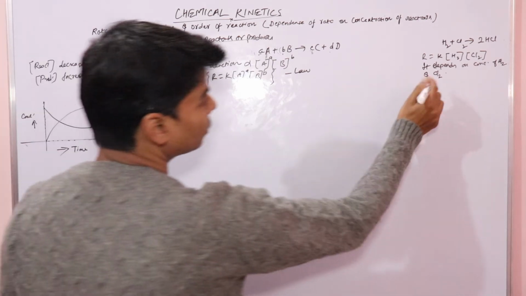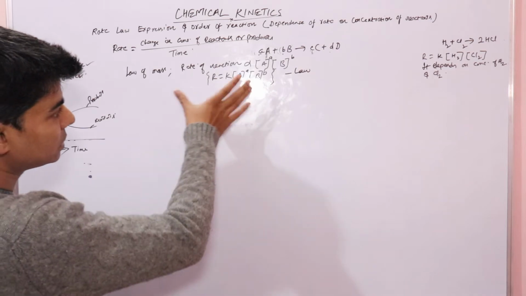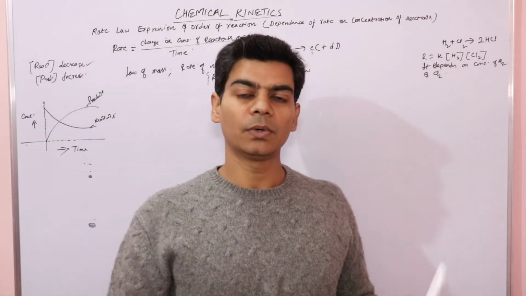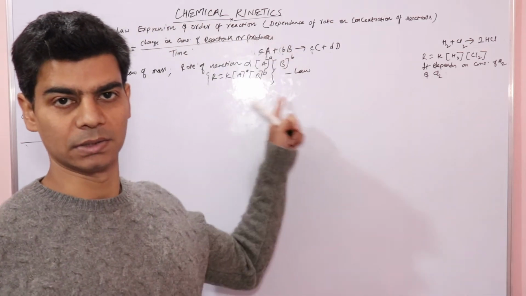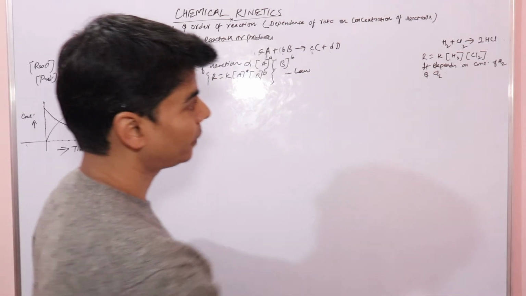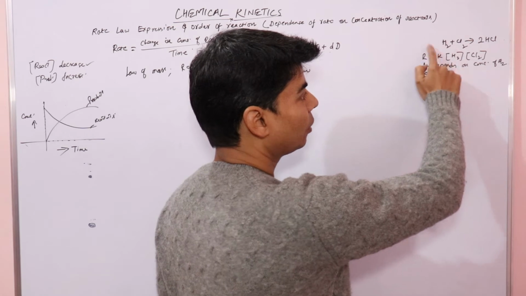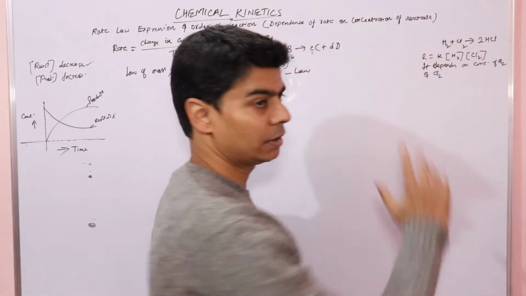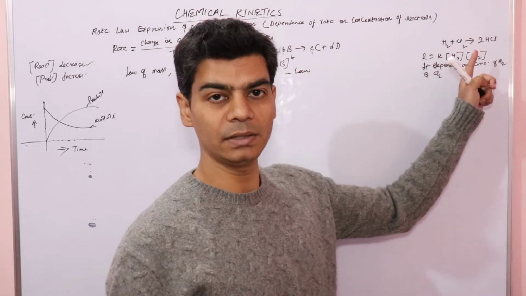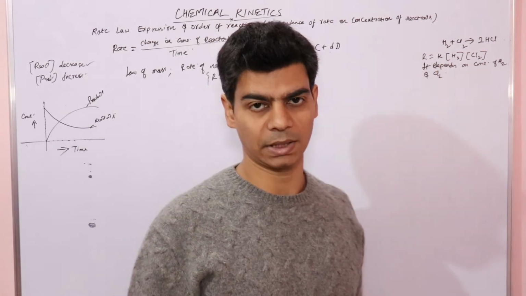Right, this is as per your law of mass action. Now, since this is an equation which is based on a law, if someone wants to experimentally verify this, it means if I experimentally do this reaction, the formation of HCl gas from hydrogen and chlorine, then will I find this rate expression similar to what I get from the law of mass action or not?